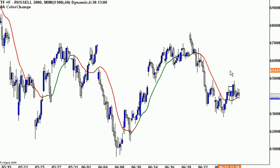Okay, so basically when a bigger target is hit, like here or here, this is a 60-minute chart. So you'll see that it bases out. There's multiple bars, multiple hours of being in this zone. Knowing you are at a bigger 60-minute level, an important level, can tell you a couple things. The first thing is that the 3 and the 10-minute are going to be choppy because the 60-minute is